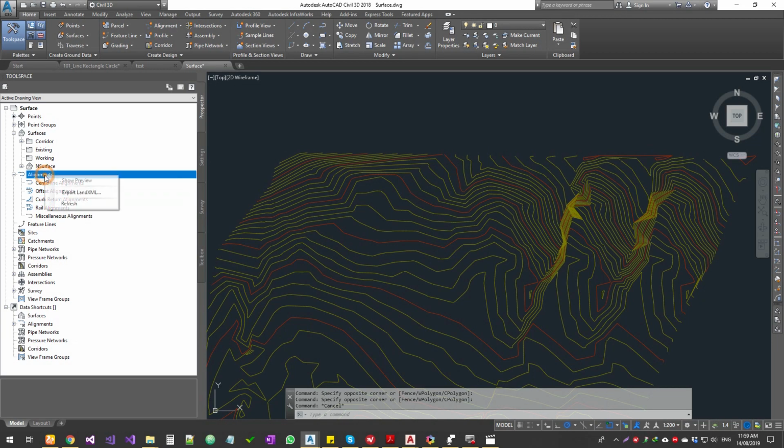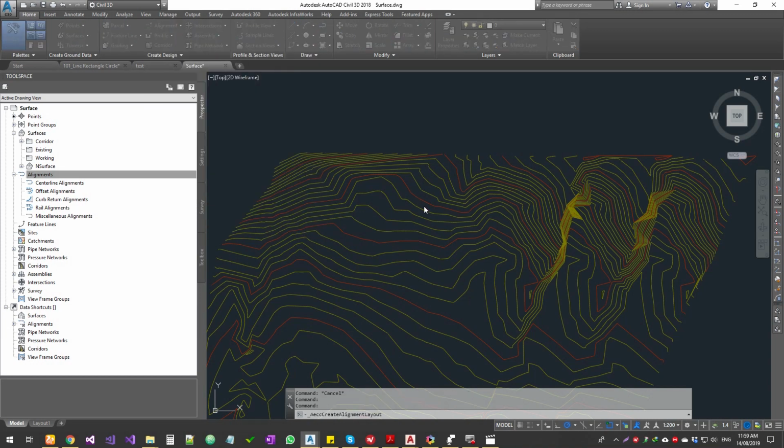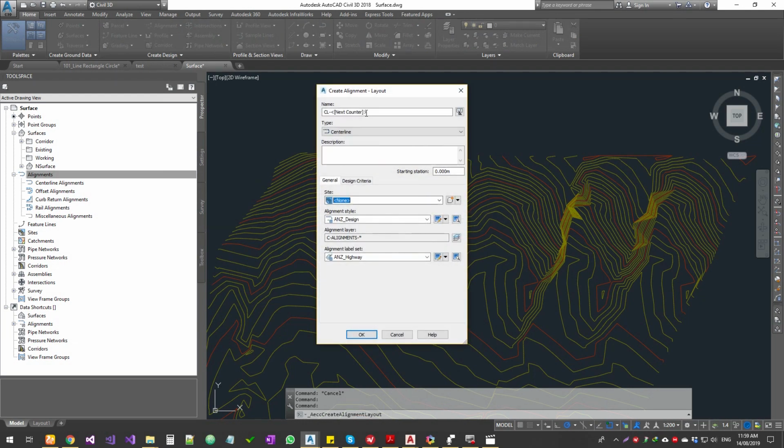Okay, to create an alignment, you go to your Home tab, and under that you see the Create Design panel, and in that you have Alignment. Click on the drop down, and you have a whole bunch of tools here. I'm going to go through only a few of them in this tutorial. The first one is Alignment Creation Tools. Click on this one, and it gives you the box